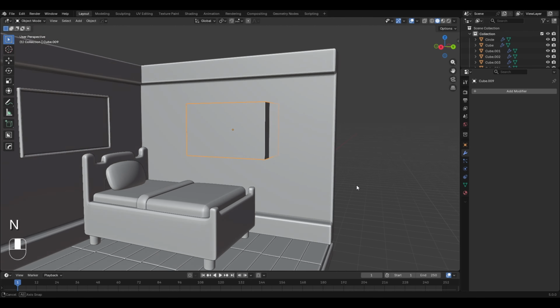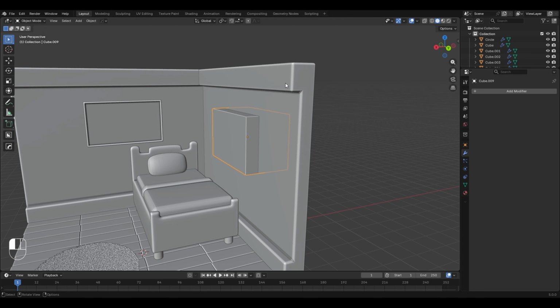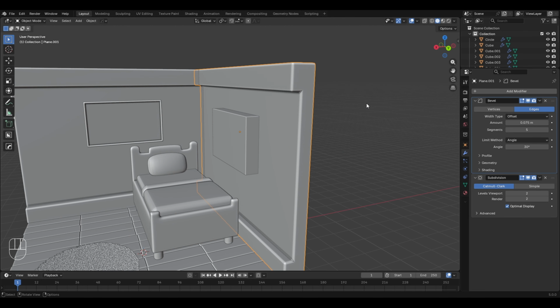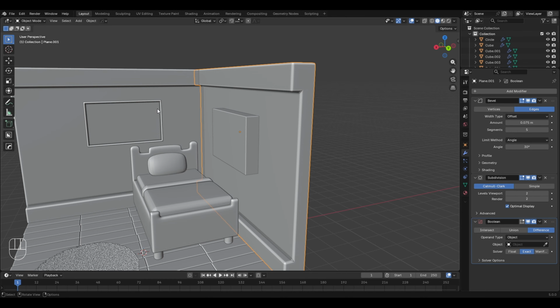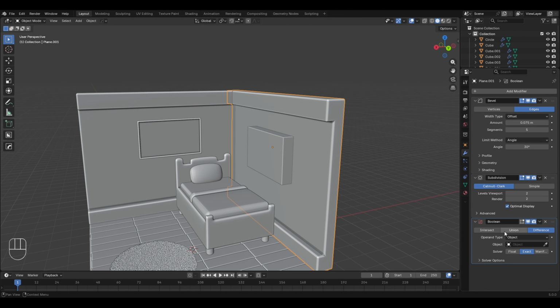Now to create that cutout of the window that I'm talking about, I'll simply select this wall, then go to the modify properties here and click on add modifier. Then in the generate category, you will find the Boolean modifier. Whenever you have to create a cutout of anything from any mesh, or combine two meshes together, in that case you have to use the Boolean modifier, and you have to select the operation